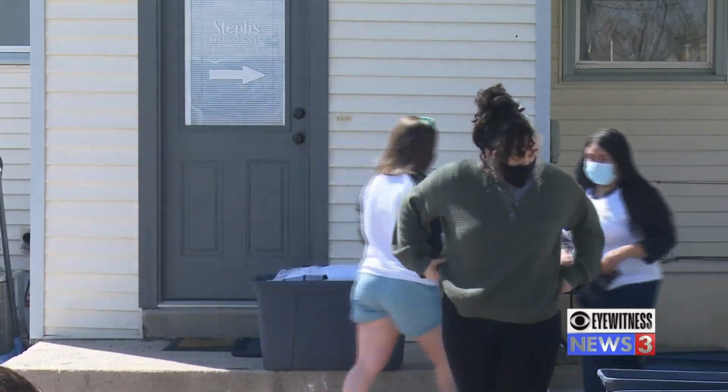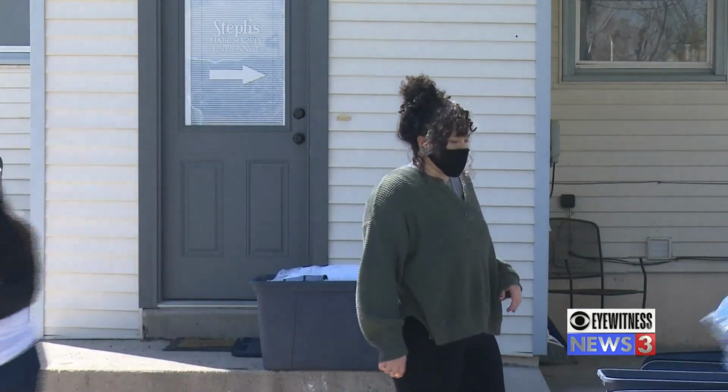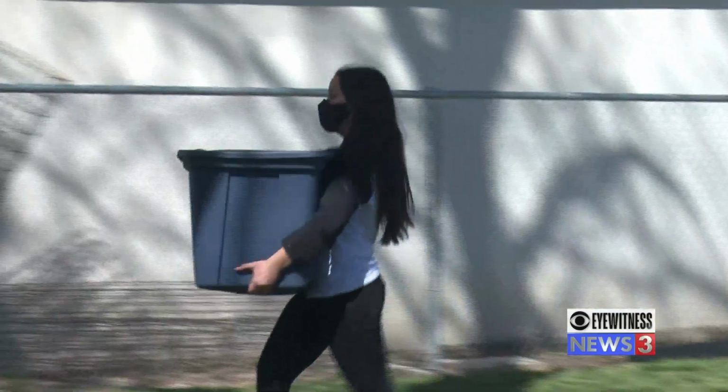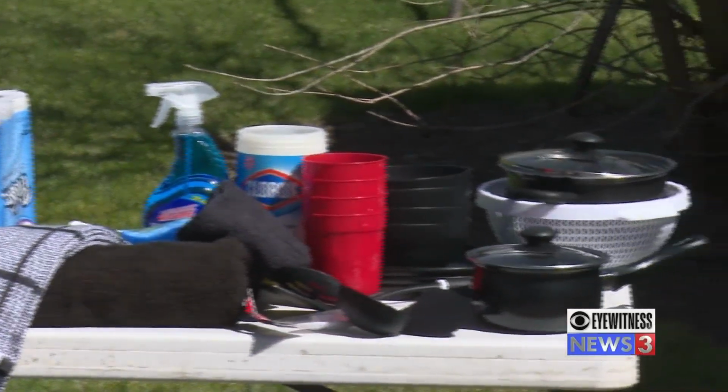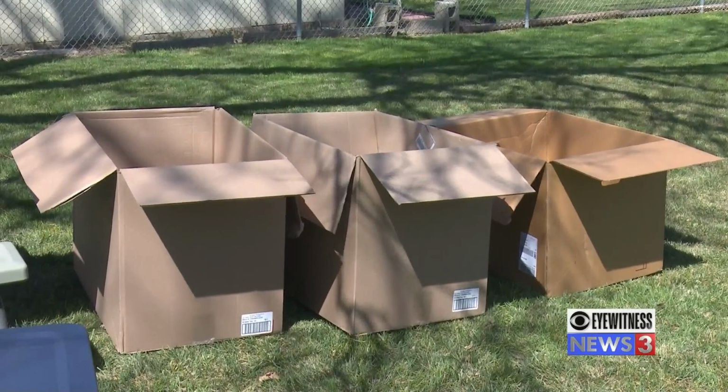Cottle says it's terrific to see her students take the time to help out the local vulnerable population. It's so great when students can take the things that they're learning in a classroom and put them to use and benefit the community. But for ISU Public Health Student Association President Stephanie Edwards, the fight against housing insecurity here